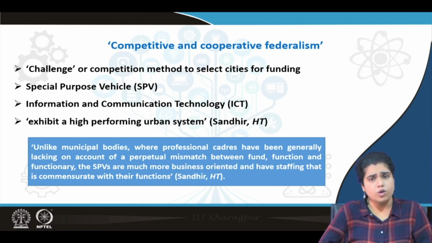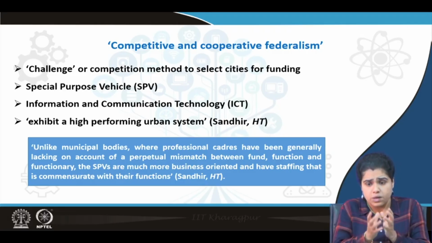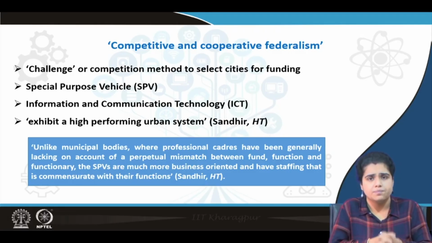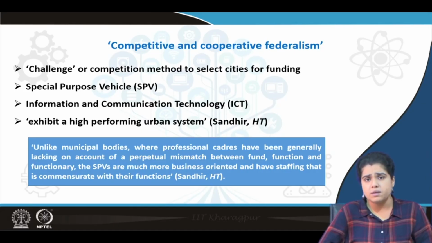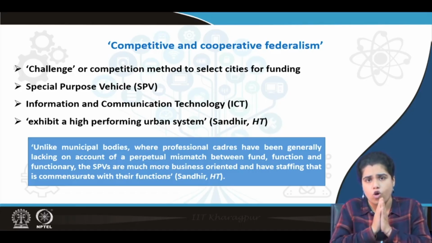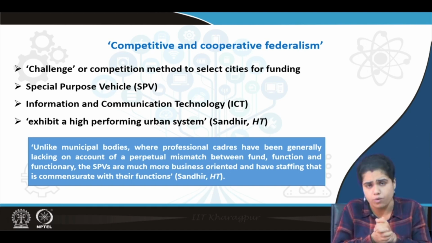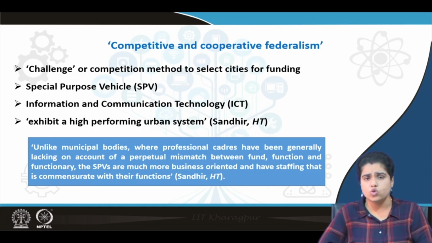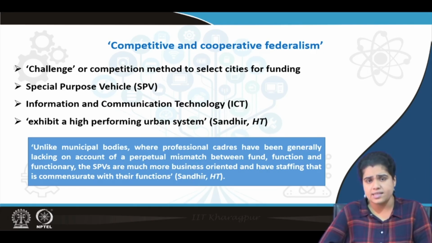So, anyway, another major important point for SCM or for the construction of smart cities is the special purpose vehicle. This idea has been floated, which means the Companies Act was passed in 2013. So, this special purpose vehicle is a coterie of some companies who are mainly responsible for executing different plans within the smart city program. These different companies will be chosen by the state in consultation with the center, and the municipalities would definitely be involved in the process, but then these companies would play the final role in taking decisions, and in making crucial